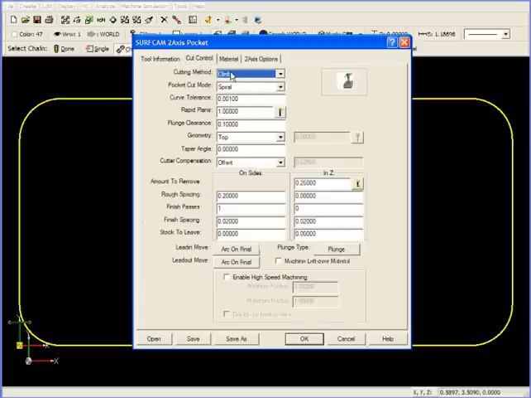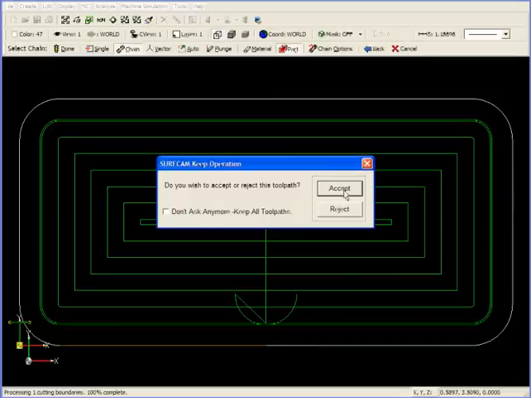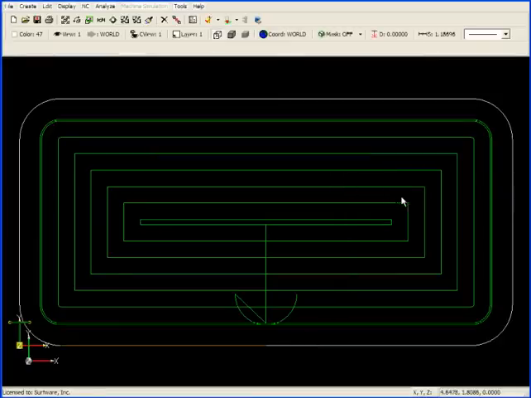We're set up for climb milling. Pocket cut mode is set to spiral. Our cutting depth is 1/4 inch. And we have an arc on final for both the lead in and lead out move. Select OK, accept the tool path, and as you can see here, we plunge approximately in the center of the